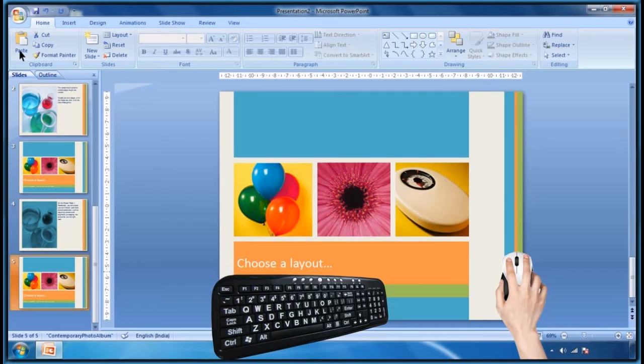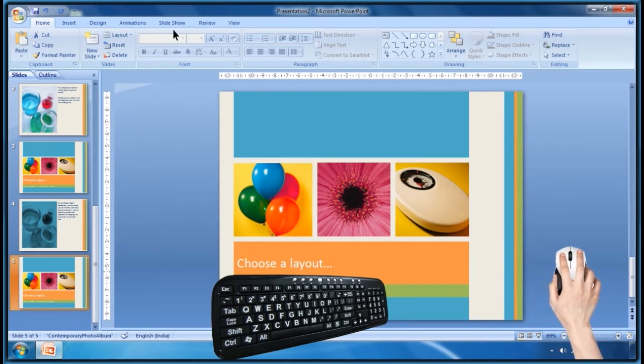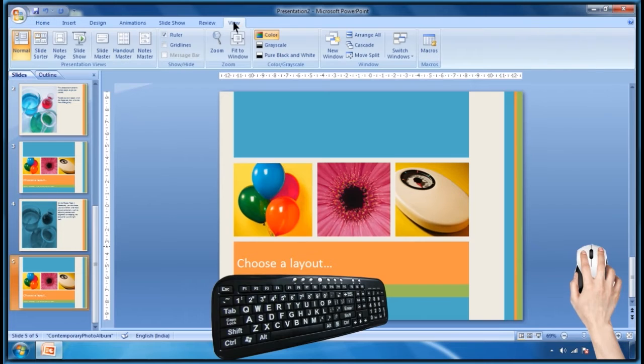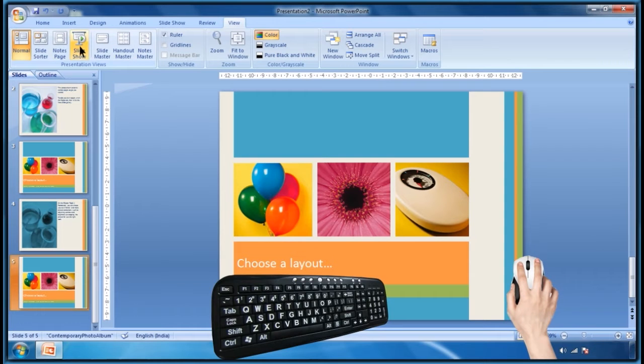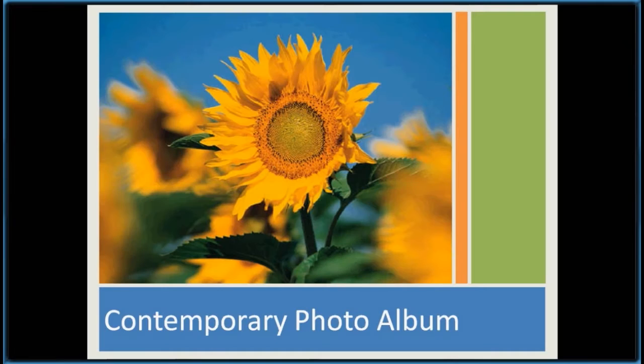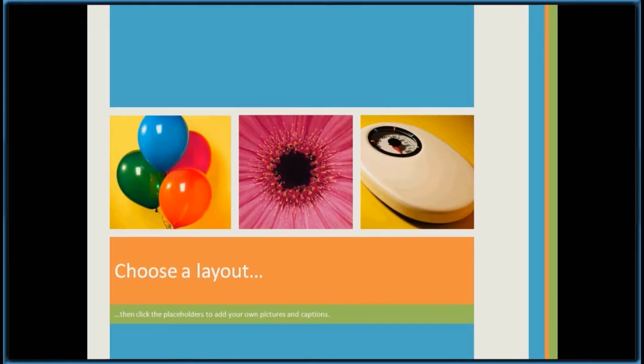One more thing you have to understand that this is the normal view or design view of the presentation. Go to View tab. Now let's see slideshow view, that is audience view. Click on this slideshow command to run the presentation. These are the views of the slides when you present your presentation to the audience.